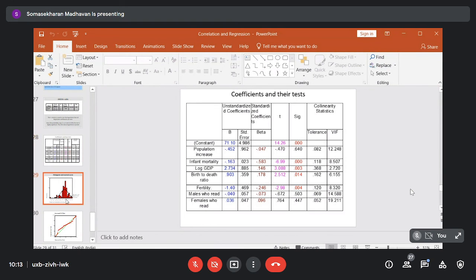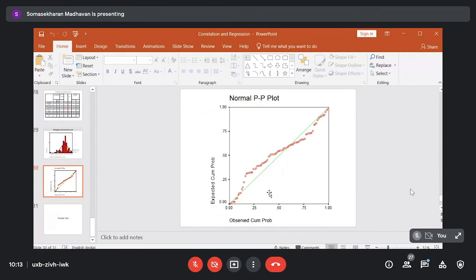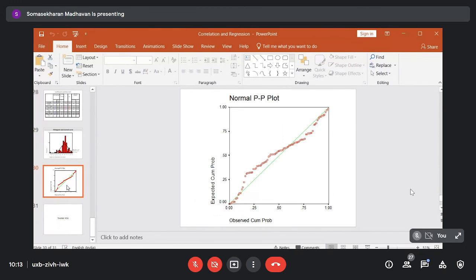And some post-analysis of the model. There are many post-analyses. This is a residual analysis. You compute the residual, check the distribution of the data. So this shows that it is not perfectly normal, but there is no higher variation. So this is one value. Otherwise, it is almost symmetric. And this is another method of checking the normality assumption. If the points are exactly on this 45-degree line, we say that the data is perfectly normal. Here there are slight deviations from normality, but there is no serious violation of the normality assumption.